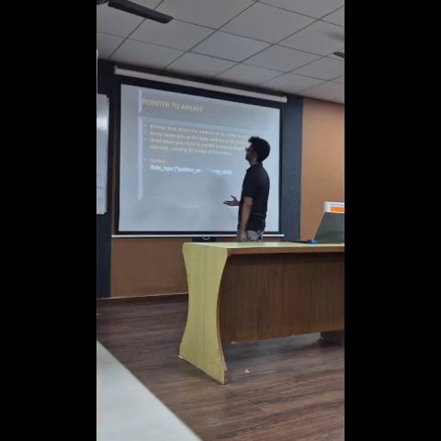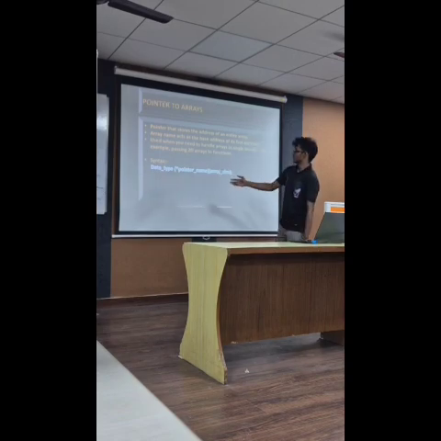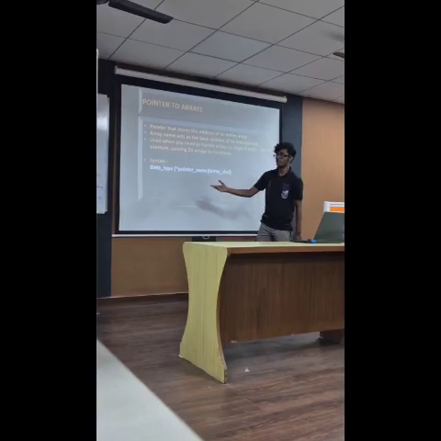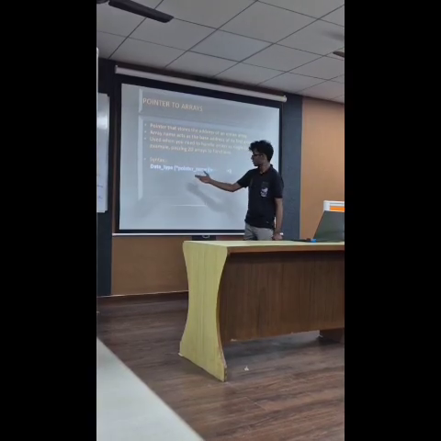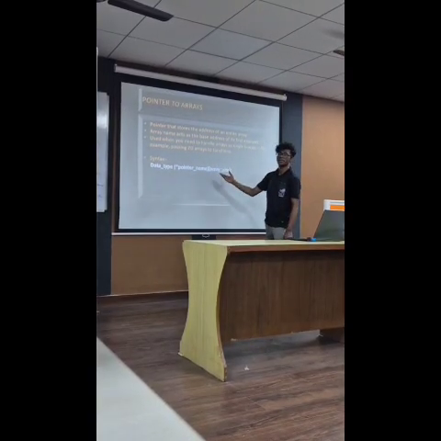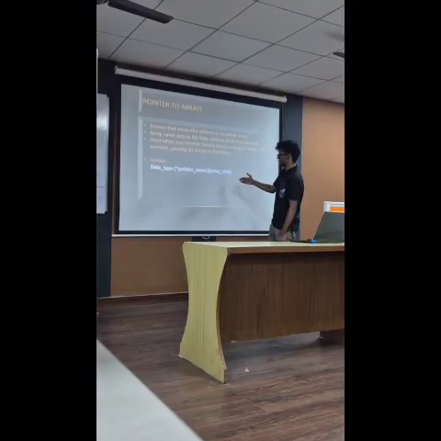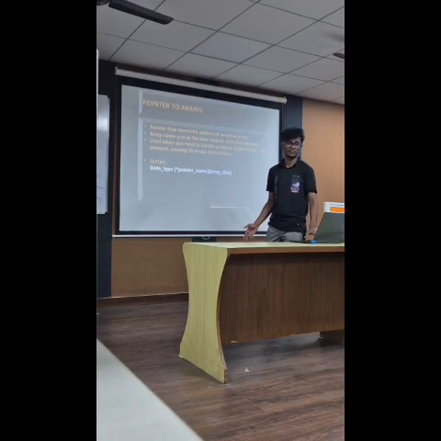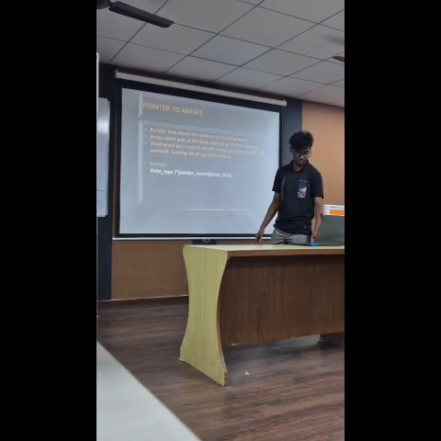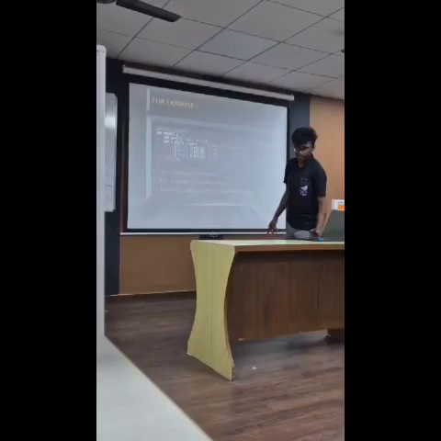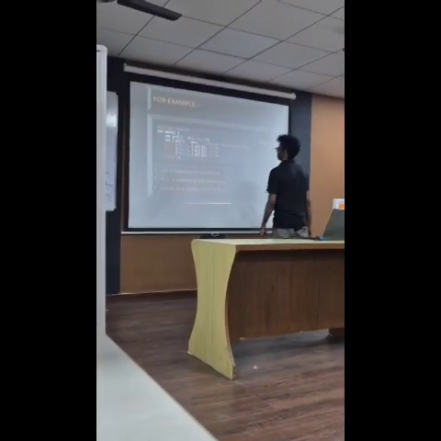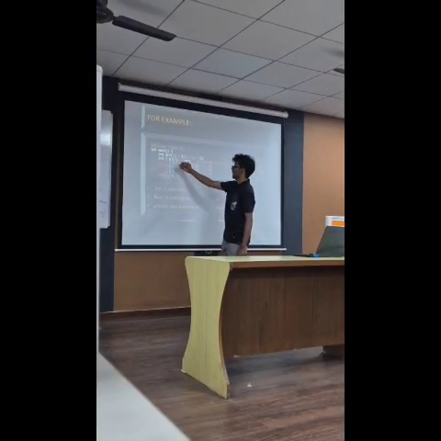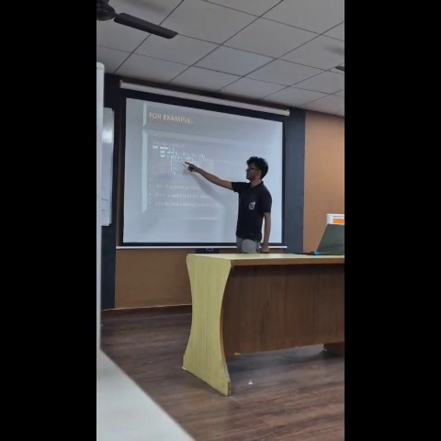The syntax of this pointer to arrays is that first you have to specify what data type the pointer should be, and then in parentheses you specify the pointer name and the array size, what size of array you want, what rows, what columns. And then in the example you can see we declared an array and assigned it, and we have set the size of the array to 3 and we use the address